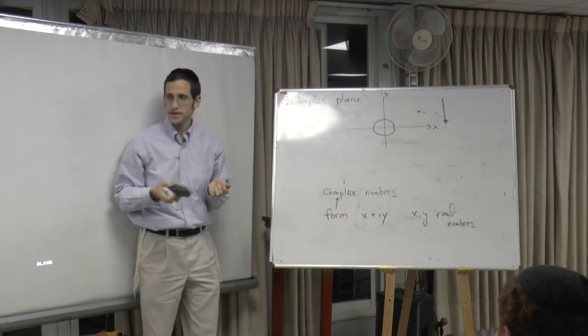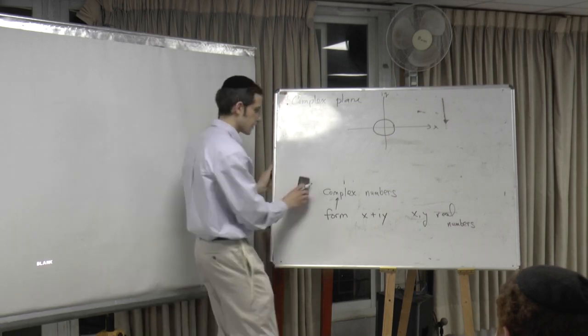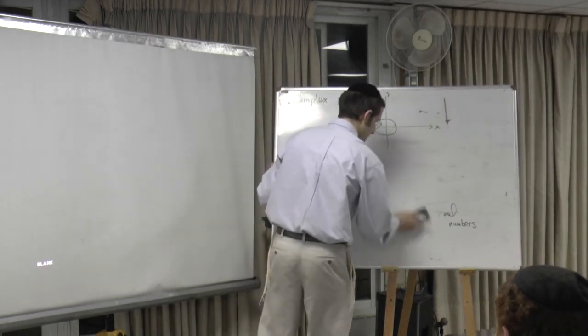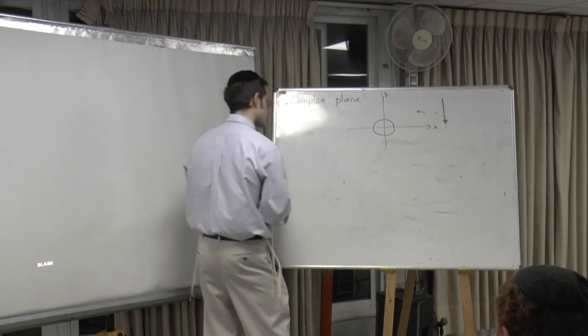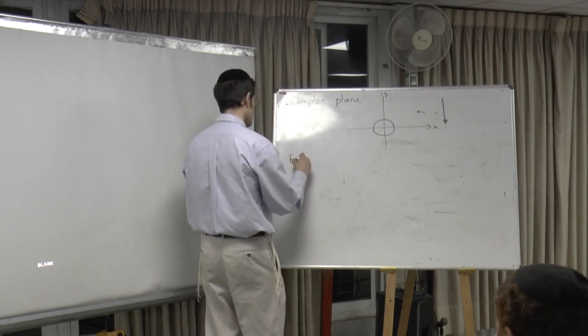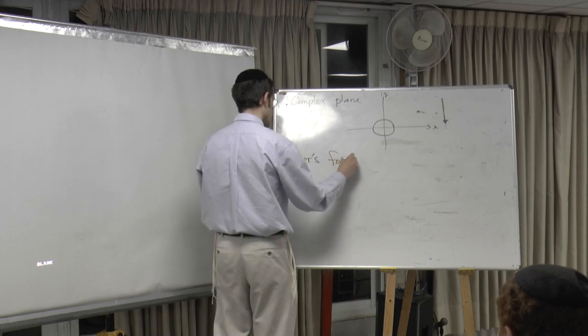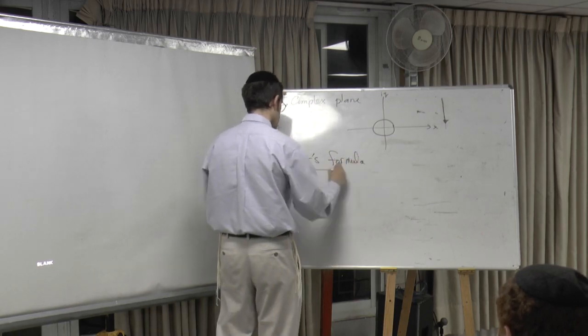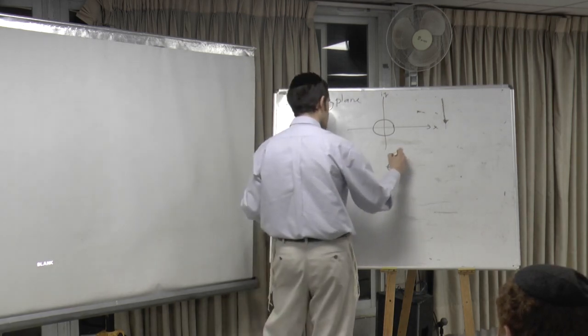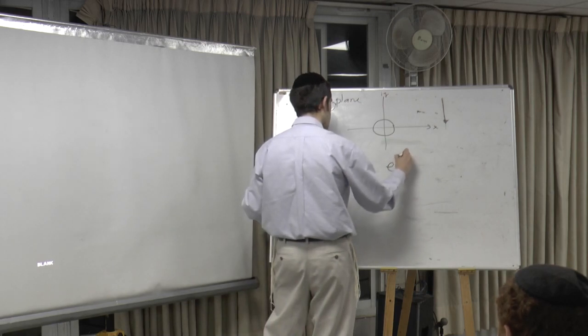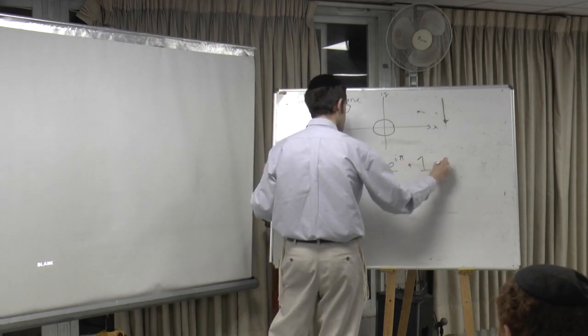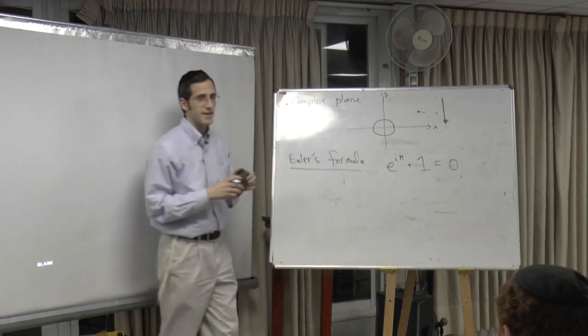And so it was mentioned that there's this formula of Euler, which says that e to the i pi plus 1 equals 0,